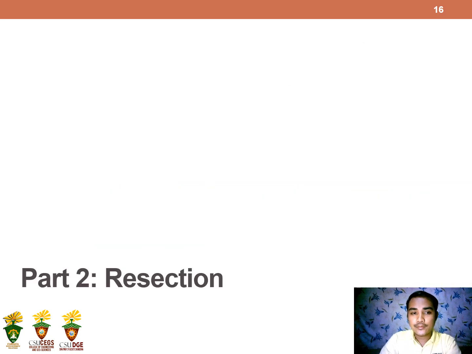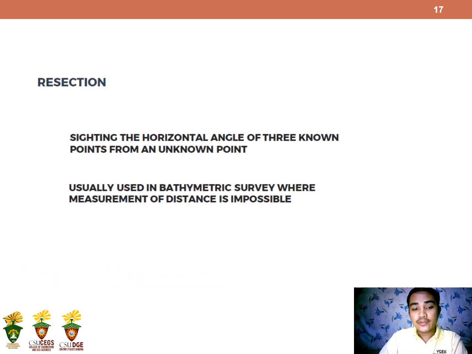So much for part 1, the eccentric station method. Let's go to part 2, which is the resection. When we say resection, it is the sighting of the horizontal angles of 3 known points from an unknown point. Resection is usually used in bathymetric surveys where measuring distance is impossible, because it is at sea and it is difficult to get distances on water. So basically, the illustration of the resection is